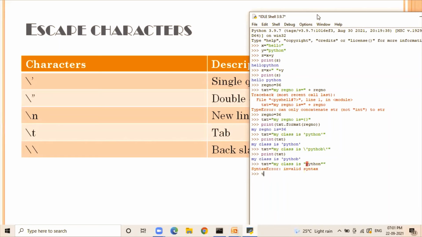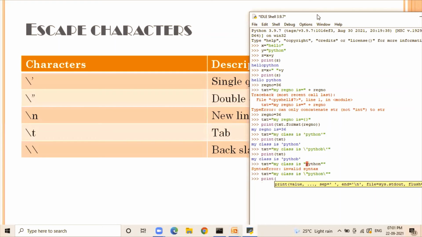You can create a text. If you want to highlight a particular word or a particular statement with double quotes, then you can use the escape sequence backslash double quote Python, and use again backslash and double quotes, one more double quote, and this will accept and escape the double quotes and highlight it as a word with double quotes.